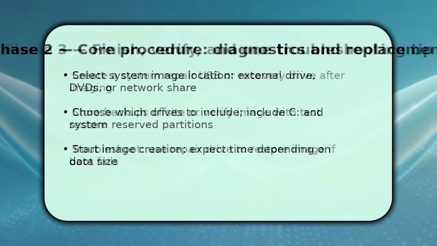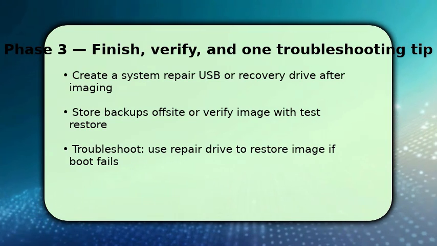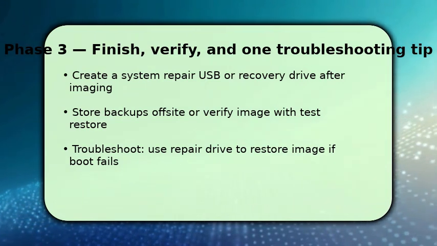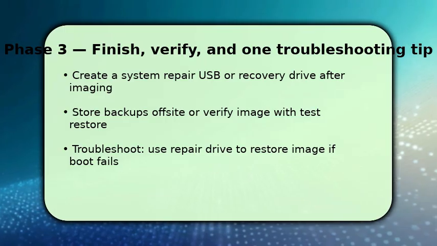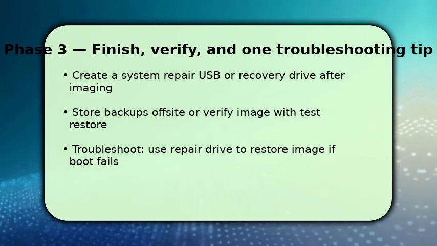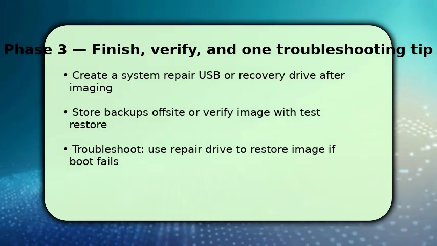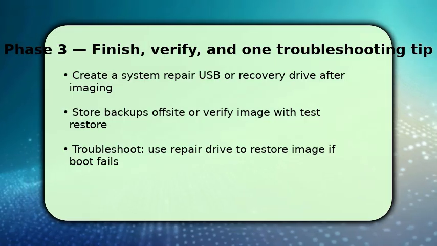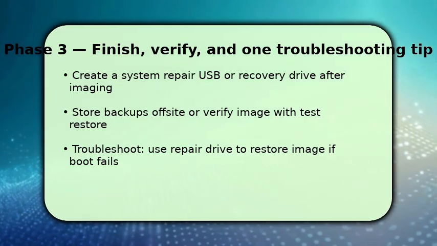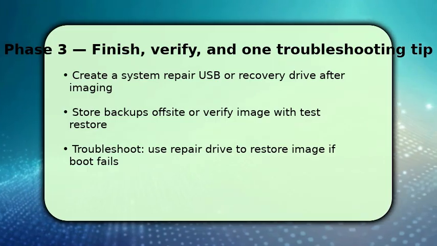Finish by creating a recovery USB so you can boot and restore the image later. In Control Panel, choose Create a System Repair Disk or use the Windows Recovery Drive tool to build a USB, and include system files. Then, safely eject and label your backup media and consider an off-site copy or verify by mounting the